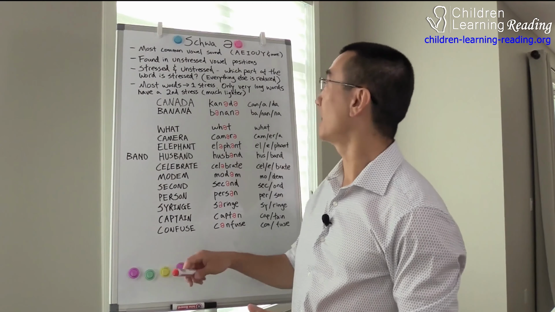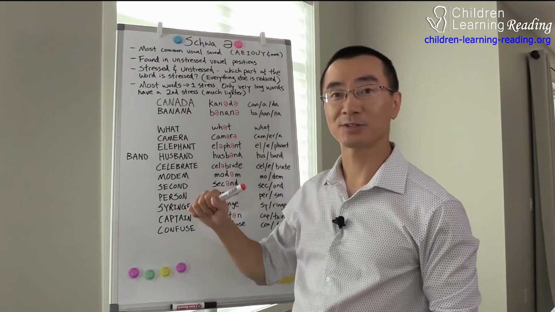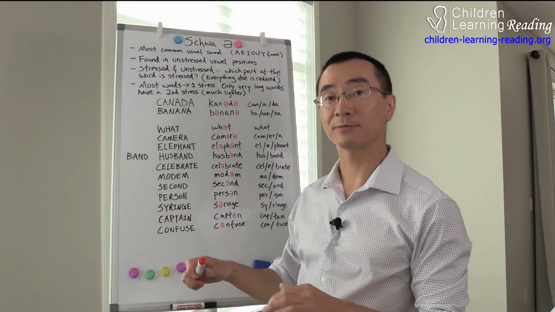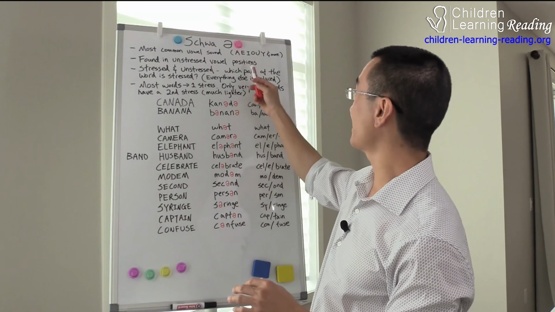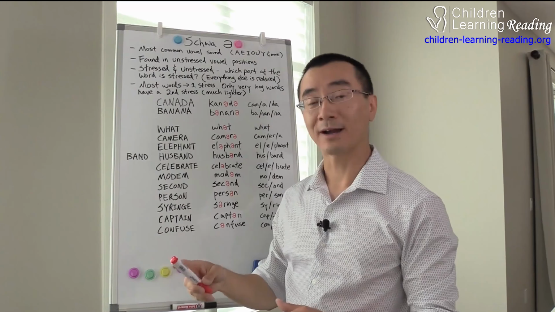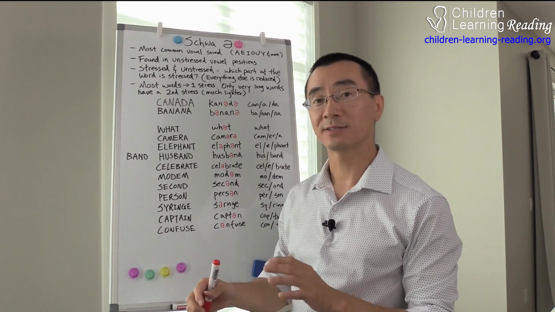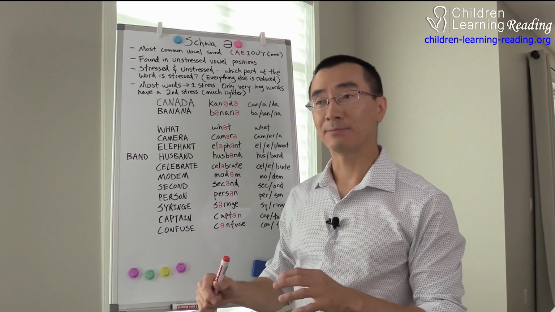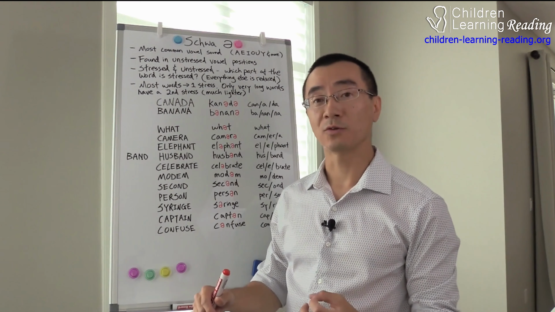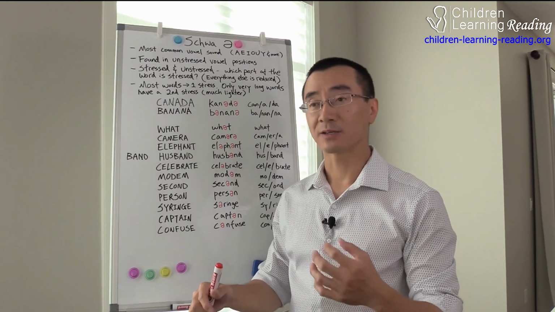In my video today, I'm going to be talking to you about the schwa, okay? Now, in English, the schwa is the most common vowel sound, and it can be represented by all the vowels A, E, I, O, U, the letter Y, and plus a few others. So it's a fairly complicated topic, but it's an important one to know for teachers and parents because, when we